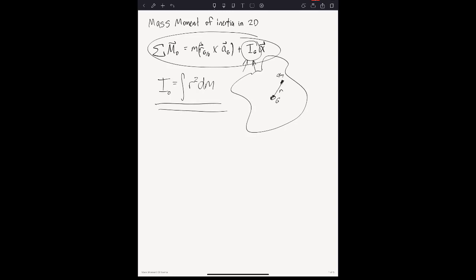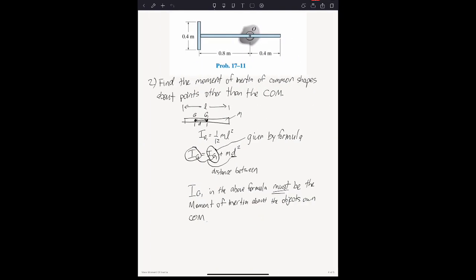Because we're using it for that, we are interested in the moment of inertia of G. How does G and G1 differ from each other? This is a point of confusion, okay? G is the center of mass of the overall object. G1 is the moment of inertia of the individual shape, which you are calculating the moment of inertia of using